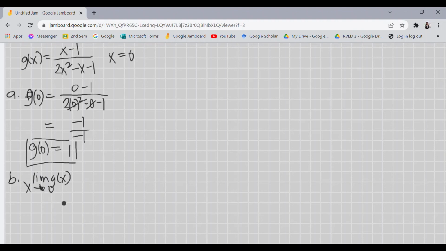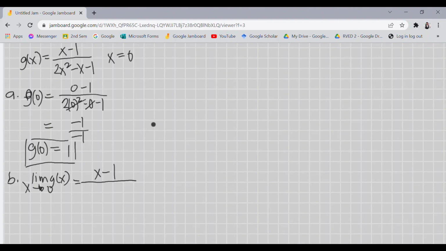Okay, since meron kang equation, a-apply ka ng limit laws. Pwede ka din naman mag-apply ng table kung gusto mo. Okay, so limit laws is the easiest. You just have to factor. Uulitin ko, mayroong mga cases na nagkakataon lang siya na tumama yung sagot nyo by substitution. Pero, the exact rule in applying limit law is you have to factor first. Okay, factor first muna. So, factor natin yung function na binigay. We have x minus 1 over factors of 2x squared minus x minus 1 will be,